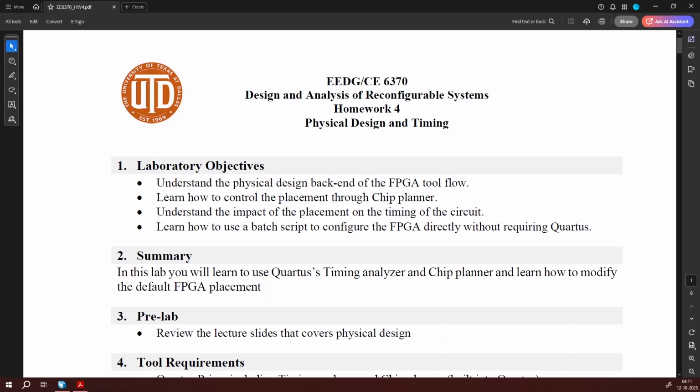Hello, welcome back. Today we are going to be talking about physical design and timing using the Terasic DE1-SoC board. In today's video, we'll be understanding the physical design of the FPGA tool flow, learn how to control the placement through Chip Planner, and understand the impact of placement on the timing of the circuit. Also, at the end of this video, we'll be going through programming of the FPGA using a batch script instead of